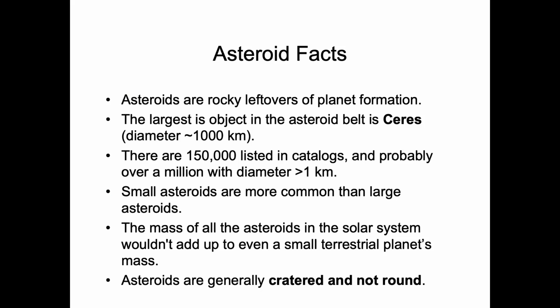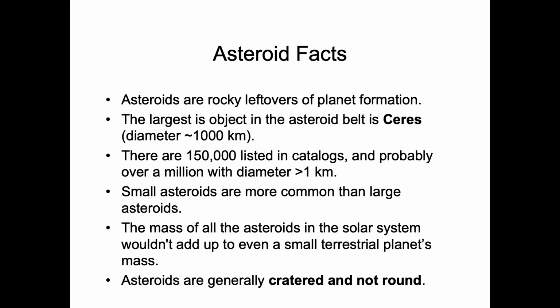And with that, it would make sense to say that there are more small asteroids than there are large asteroids, because as these asteroids move around in the asteroid belt and the inner solar system, they collide with each other, right? There are many asteroid collisions, and so it would make sense that there are more small asteroids than larger ones, because they keep breaking up. Every time one hits into another, it shatters and we get more pieces of asteroids.